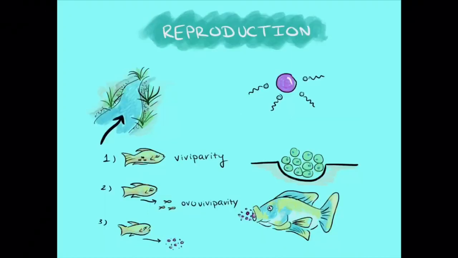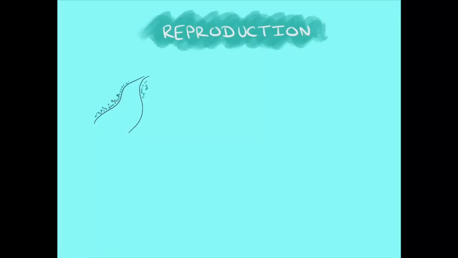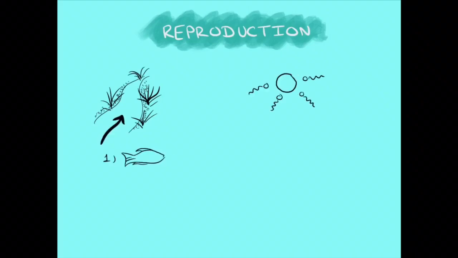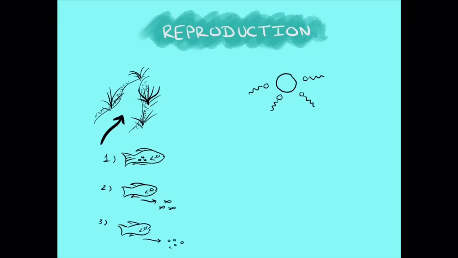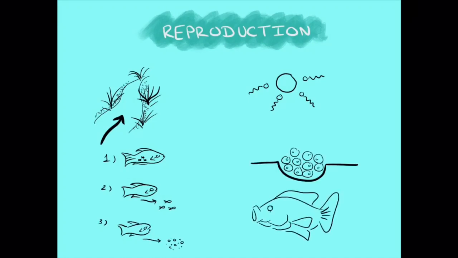Now on to reproduction. Prior to reproduction, some fishes migrate out of their marine or freshwater environments and into another. For instance, salmon migrate from the ocean to freshwater streams to lay eggs where they were born. During reproduction, the male transfers its sperm, which is in the form of milt, to a female or substrate using its pelvic fins.